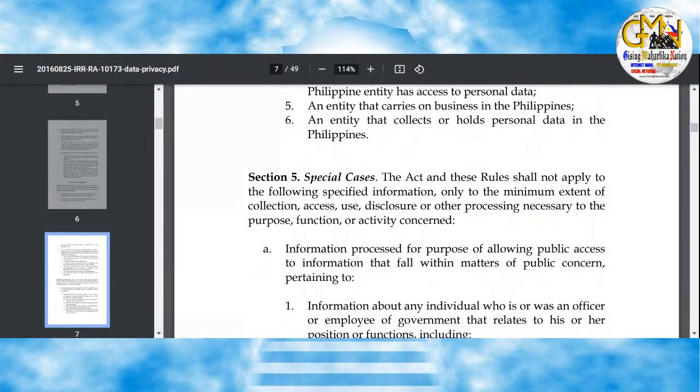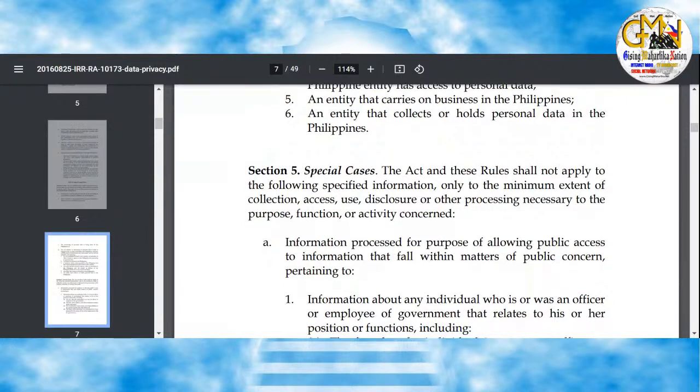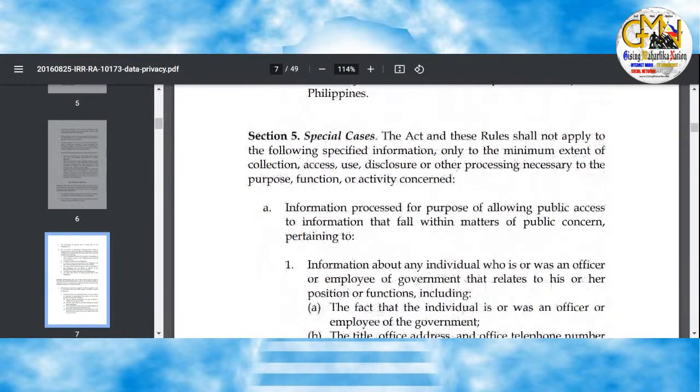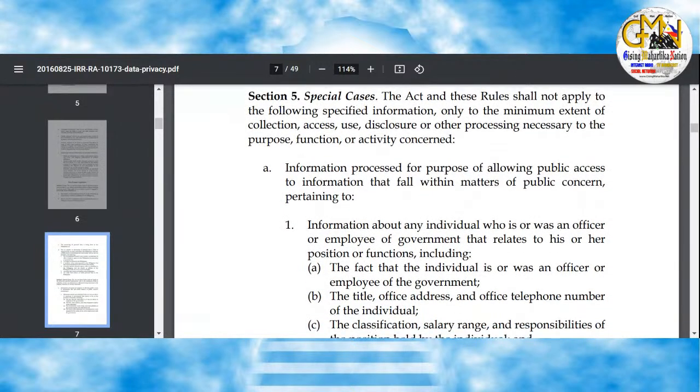Six, an entity that collects or holds personal data in the Philippines. Section 5. Special cases. The Act and these rules shall not apply to the following specified information, only to the minimum extent of collection, access, use, disclosure, or other processing necessary to the purpose, function, or activity concerned. A. Information processed for purpose of allowing public access to information that fall within matters of public concern pertaining to: